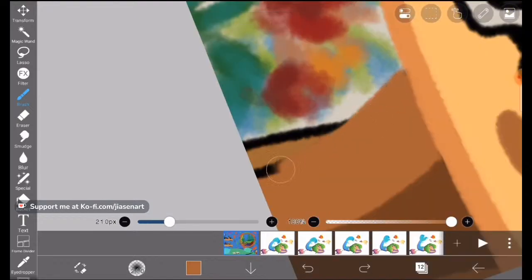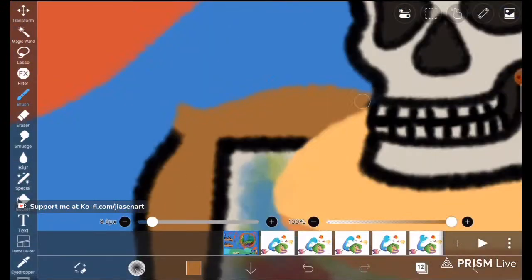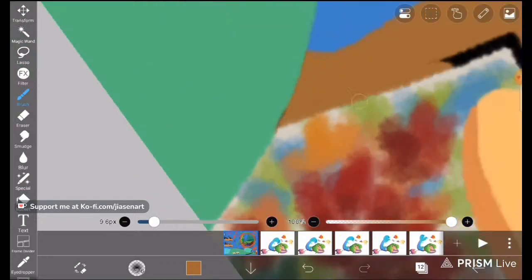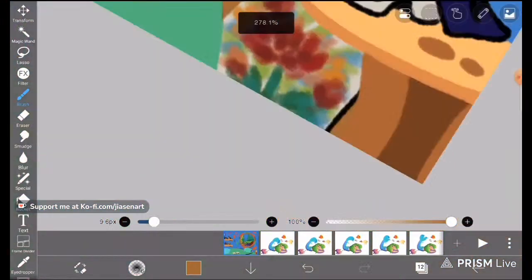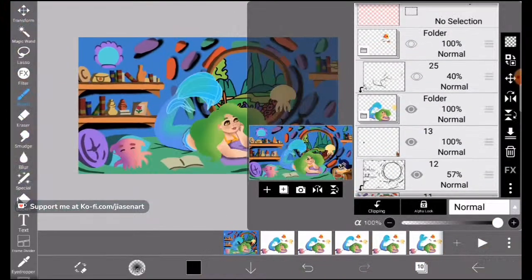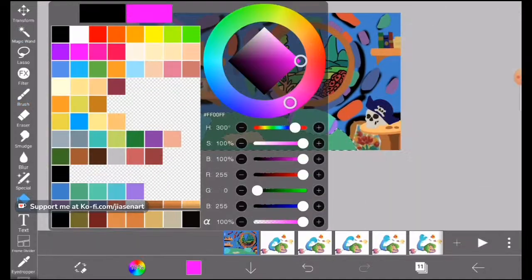This was all nice and good when I was doing the furniture, but oh boy, it was such a hassle when I went to the skeleton. The skeleton, I mean the skull. The skull was a bit of a problem. Not a bit, a lot of a problem, to be honest. So